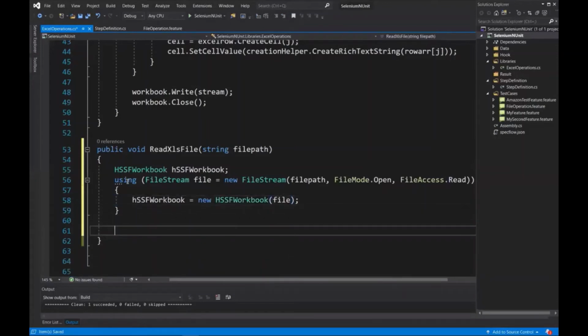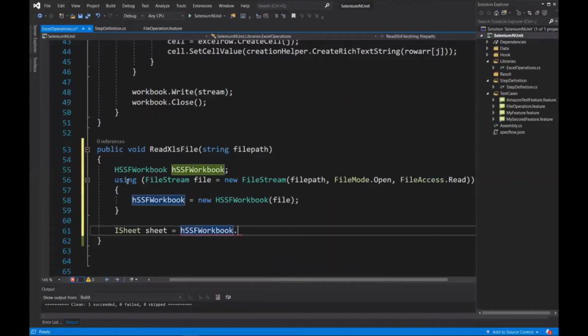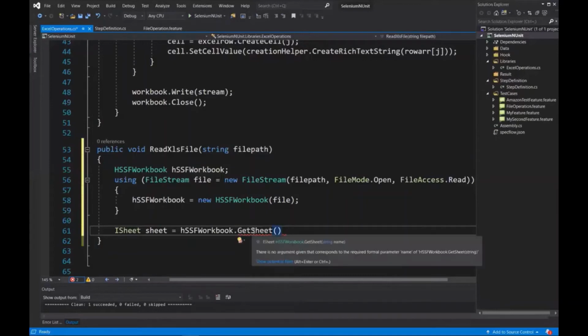Now we have the workbook object with us. So the next thing we'll do is create an object of ISheet. Sheet equals to HSSFWorkbook dot GetSheet. Here you can use two different methods available to get the desired sheet. You can use any of them based on your requirement. If you use GetSheet, then it asks for the sheet name which you want to read, like Sheet1, Sheet2, or any customized sheet name.